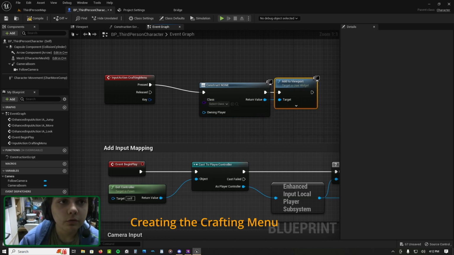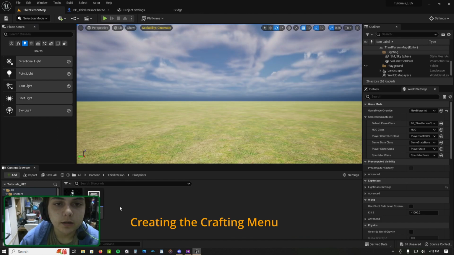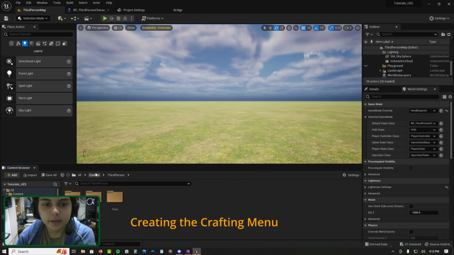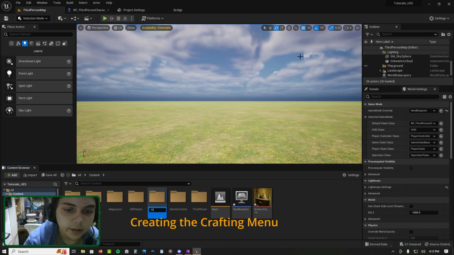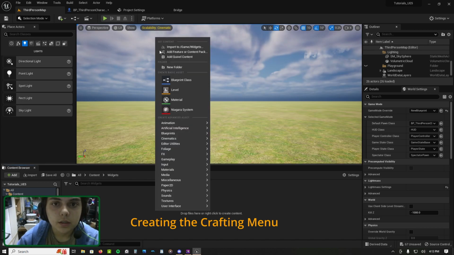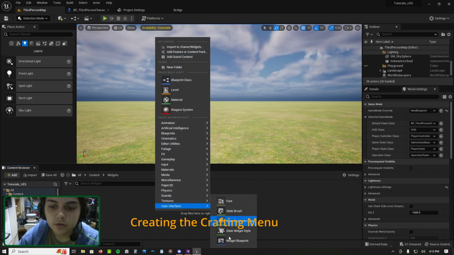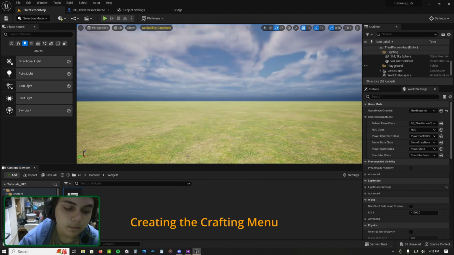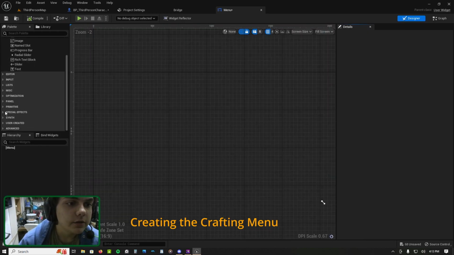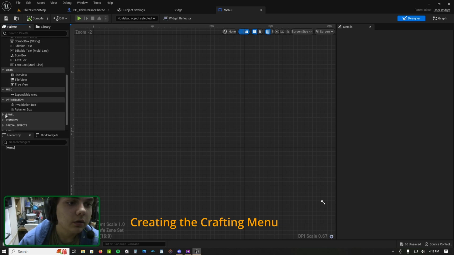So the one that we're going to add, we haven't yet actually created. So we'll create one and we're just going to throw it in here. Actually, let's go back and create a widgets folder in case we should do further videos here. So you go to your widgets, you create a widget by going user interface, widget blueprint, menu. Okay. Inside of your menu, the first thing you're going to want to look for is, it's called,